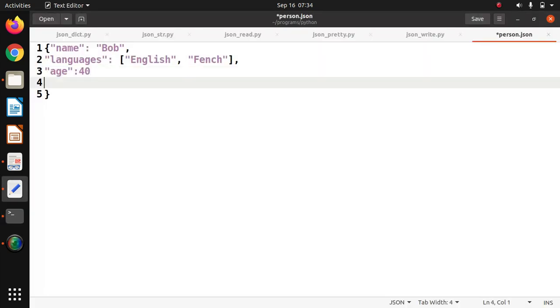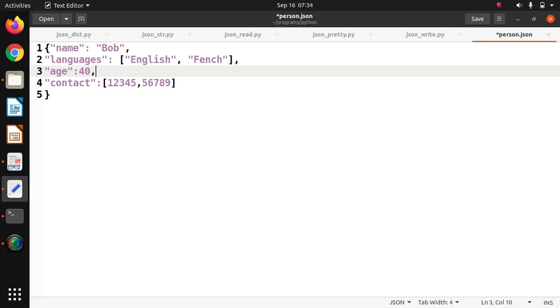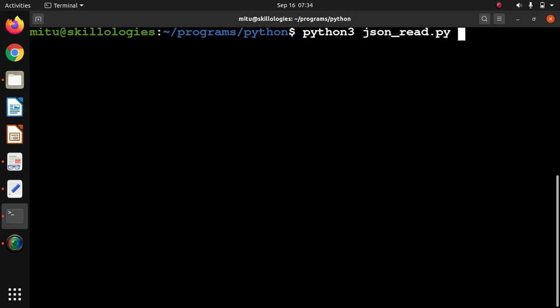Similarly, we can have many more, for example I want contact, and in contact we have multiple kinds of information stored, like some numbers. So two values I have stored inside it, which are integer values. Let's run this again.